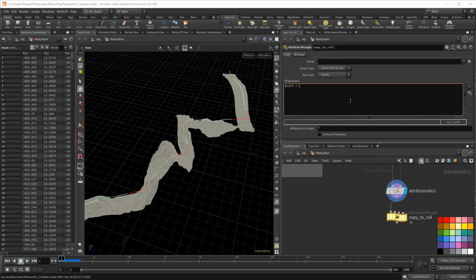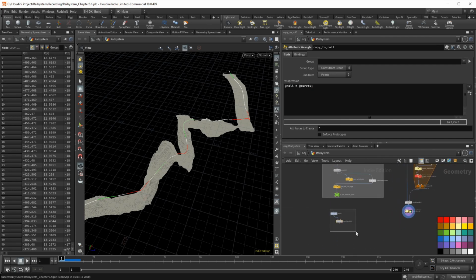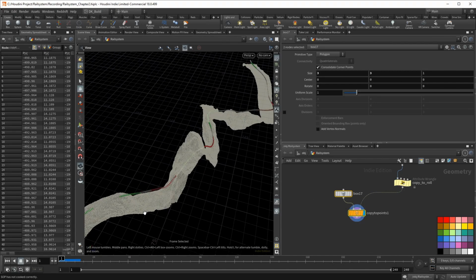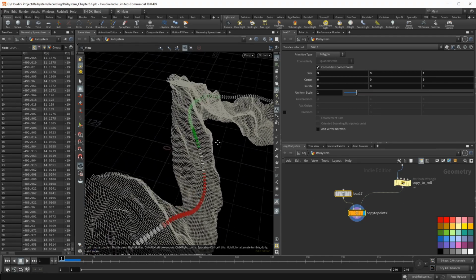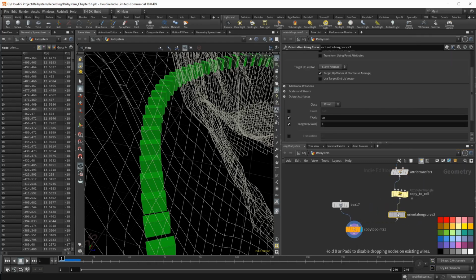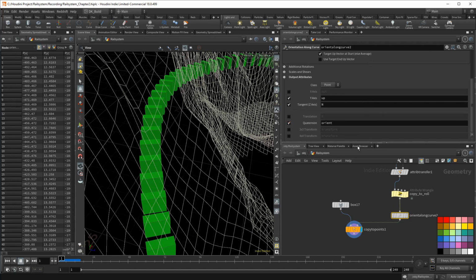I am about to use another orient along curve node, but this time I am using an additional option on that node. First, let's connect the boxes again. We have orientation, but no leaning yet. Now create the orient node. Again, activate the orient attribute. The difference this time is that we want to apply roll and twist.